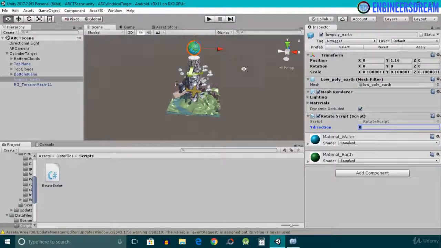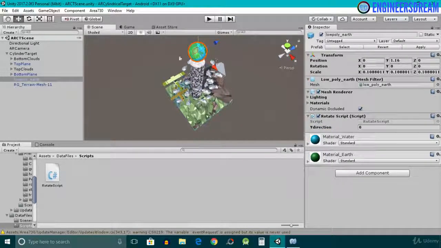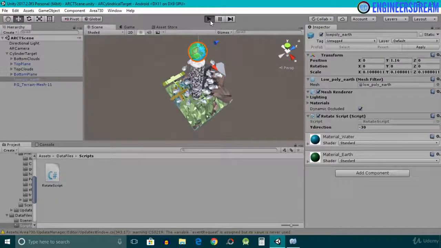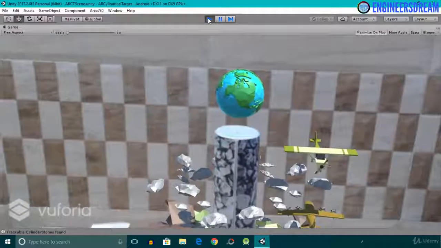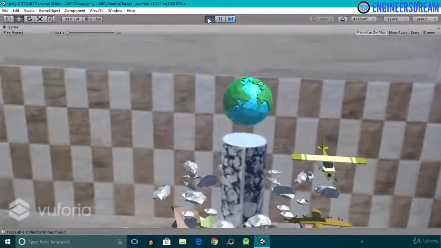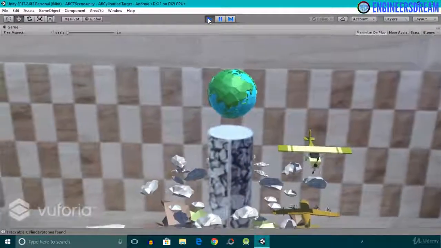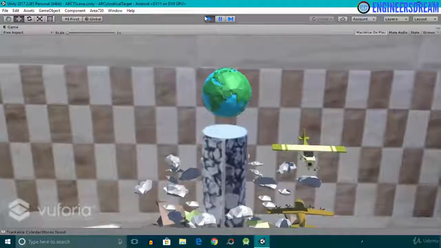Since we want to rotate this earth game object in the anti-clockwise direction, in place of 0 I'll write down -30, and the reason why I've put a minus sign is because I want to rotate this game object in the anti-clockwise direction. After setting the y direction value, next I'll click on the play button, and now as you can see the low poly earth is rotating on top of my cylinder. I'll come out of play mode.